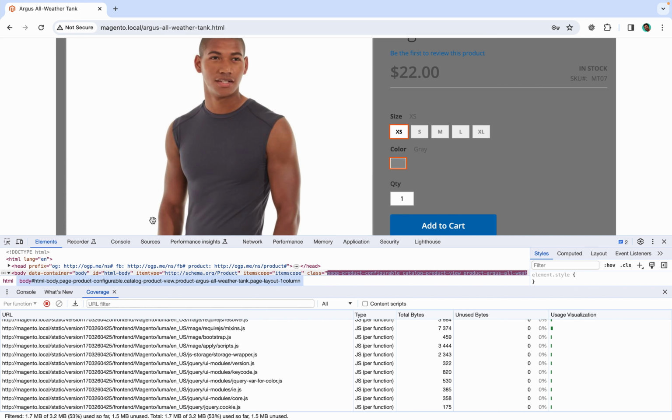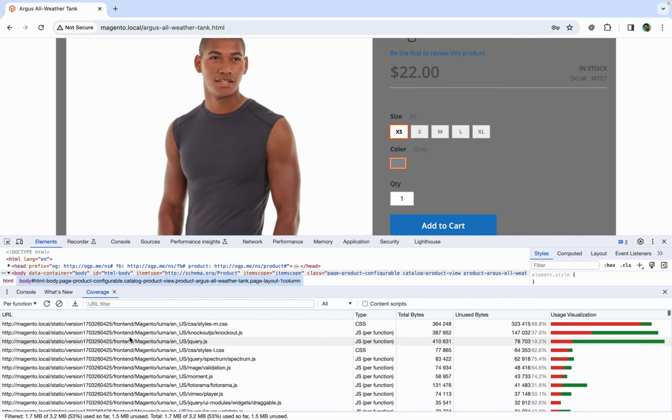And once you have done these different activities, stop the coverage using this red button. So here click on stop and your coverage is ready. Now let's analyze this coverage to see what percentage of which file is used. So here you can see we have all the different files available, what the type of the file is, whether it is a CSS file or JavaScript file, and what the total bytes of the file are. And here we have the most important information, which is the unused bytes of the file and the percentage of unused code. So this is where we have to look and identify unused code.